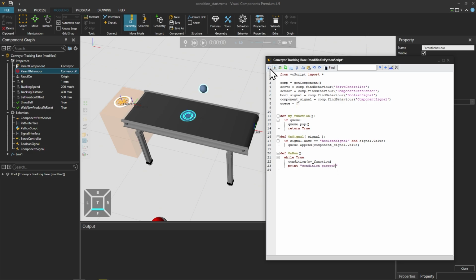Then let's compile and see what happens. As you can see here now, this whole system is stuck within this condition over here. And it waited until something went past this tracking base until it printed out condition passed.